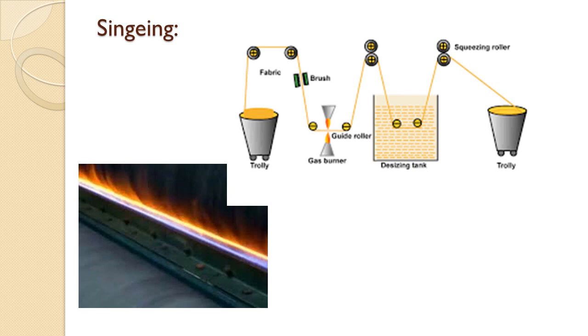We can adjust this flame height dependent on the fabric quality. Again, with the help of the guide rollers, the fabric passes. Now there are 2 or 4 points of singeing. Dependent on the make of machine and dependent on the quality, we can switch on the respective burners. After singeing, we can immediately carry out desizing. That gives us proper desizing efficiency, and then after the fabric can be stored. So it is dependent on the process house. After singeing, immediately if they put some desizing setup, that is giving us better efficiency of singeing as well desizing also.